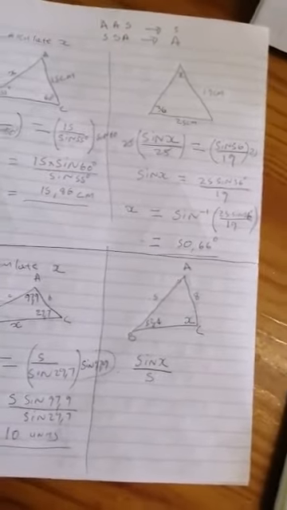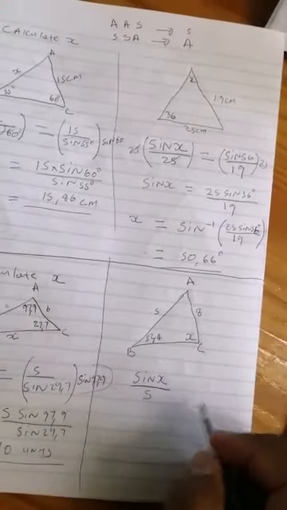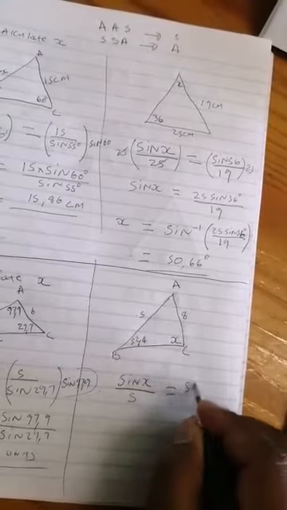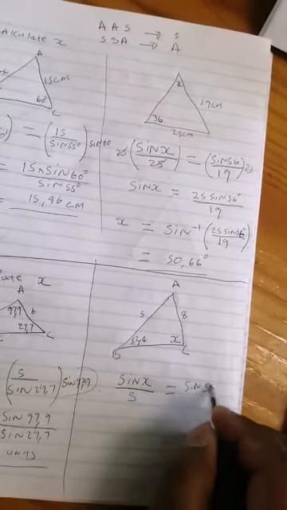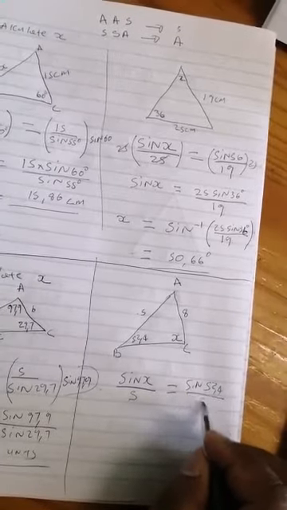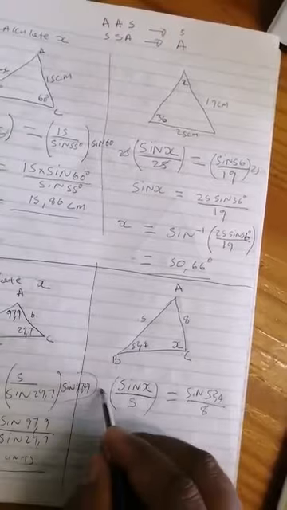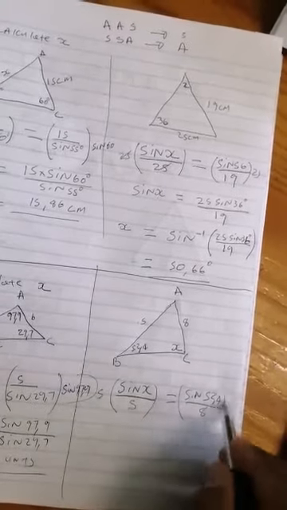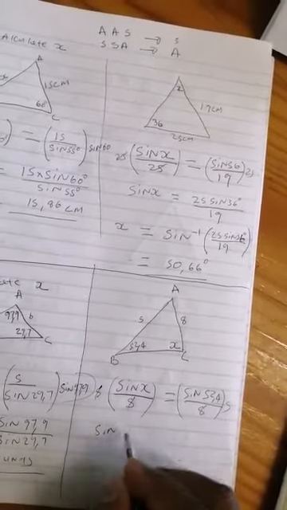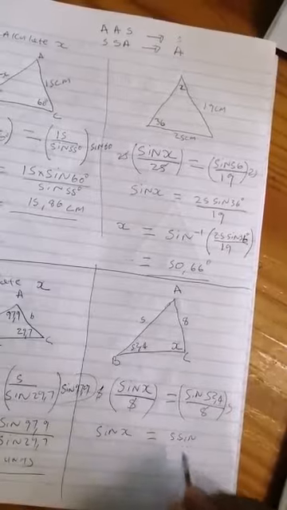And then this side, it will be equal to sine 52,4 over 8. Again, this is what we are looking for. Multiplicative inverse, we multiply by 5 both sides, and then these will divide. We will have sine x equals 5 sine